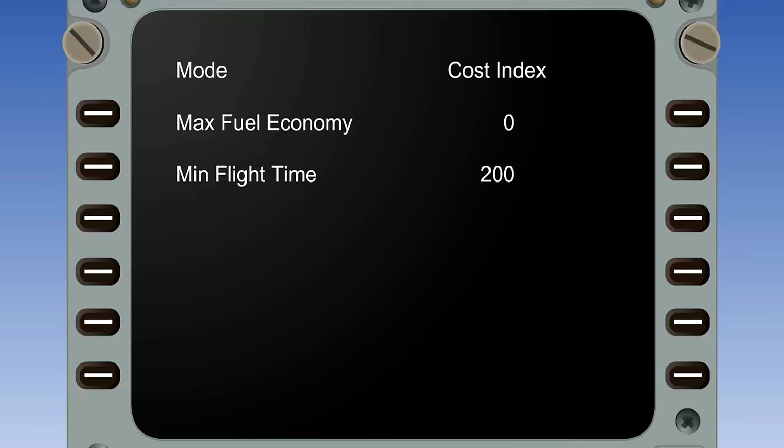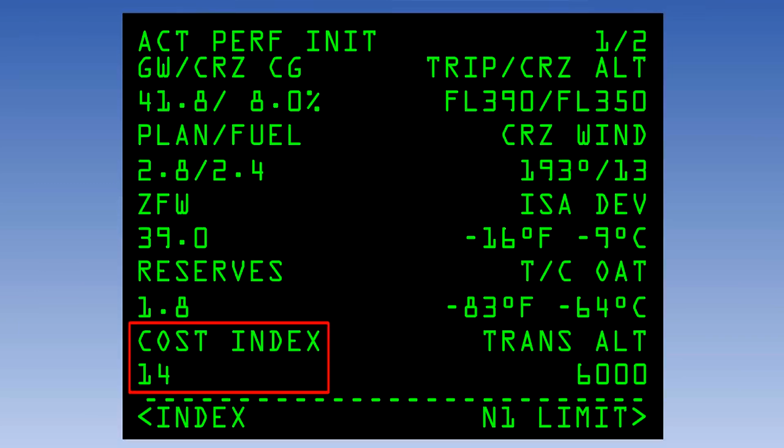It is determined by dividing aircraft operating costs by fuel costs. Only those portions of operating costs affected by trip time are included in the calculation. The range of values is then put on a sliding scale which is from 0 to 200 for the Boeing Classic series of FMCs. If 0 is selected, the FMC gives maximum range airspeed and minimum trip fuel with a low-speed descent. If 200 is selected, the FMC gives VMO or MMO for climb and cruise and a high-speed descent.